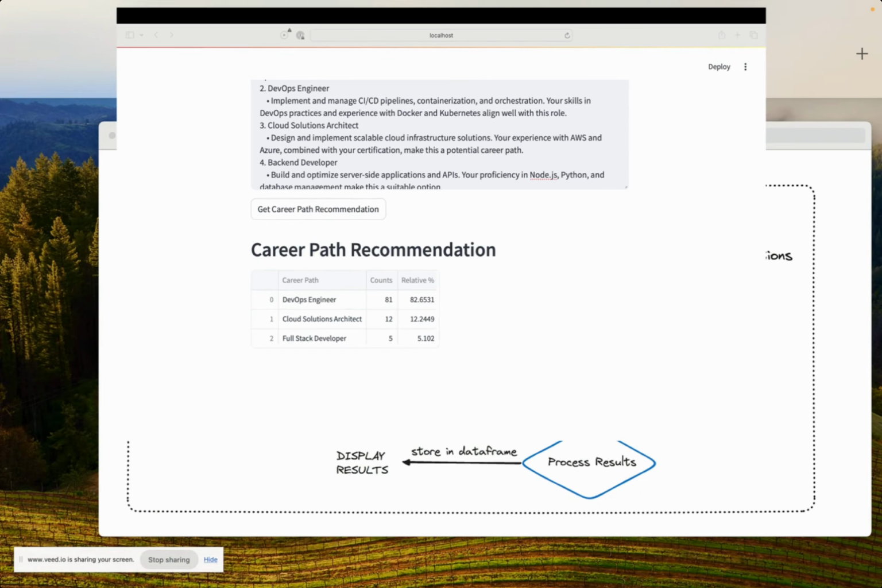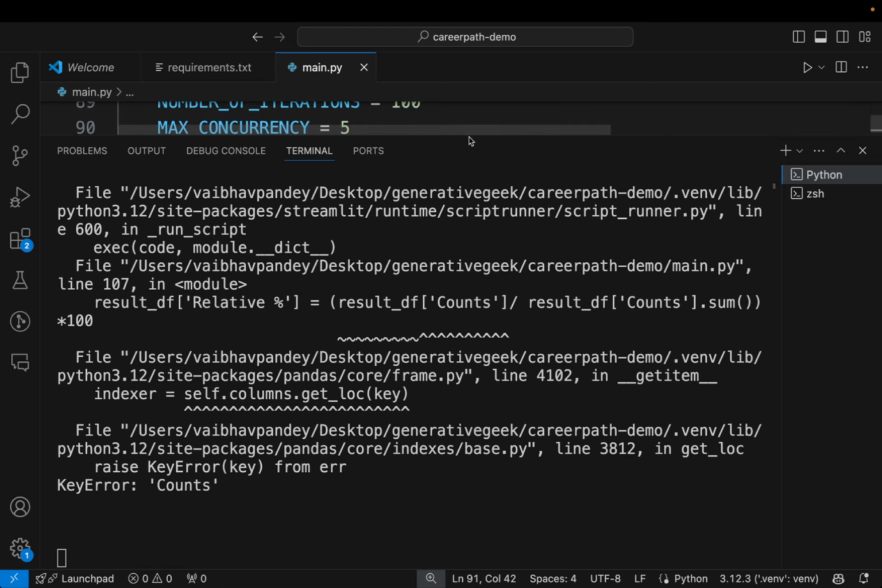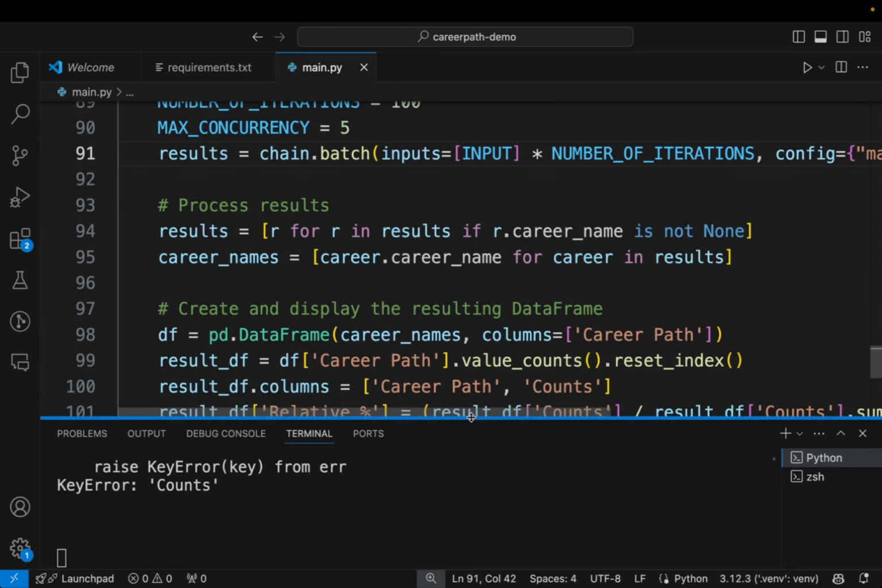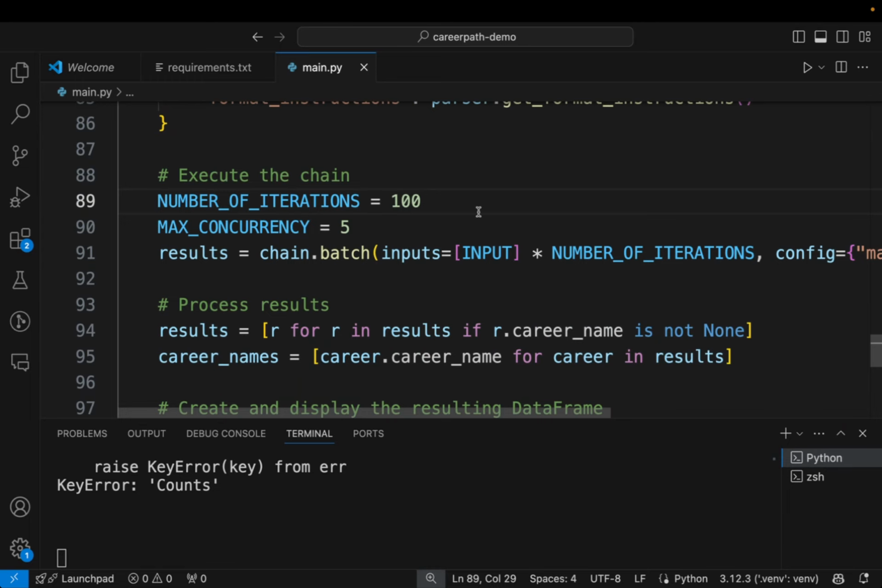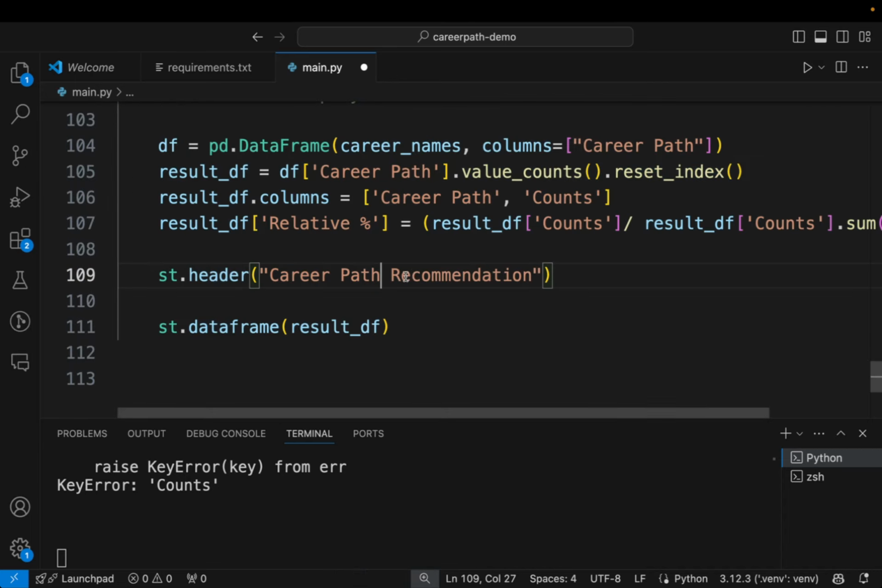So now let's quickly go back to our code and increase the number of iterations, right? So I'll show you. I'll just take this down. Let's make the iterations 200 and max concurrency